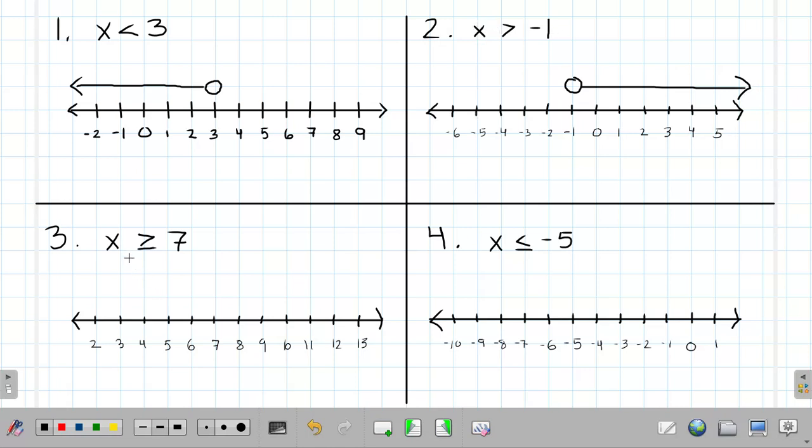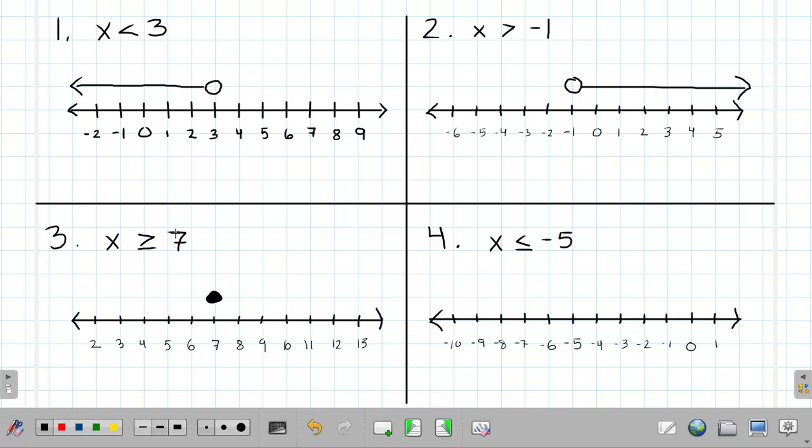Number 3, same kind of thing here. We want x to be bigger than or equal to 7. So once again, we find where we're at. So we're talking about the number 7. So we go to the number 7 on the number line. In this case, we're actually going to use a closed circle. Okay. And once again, why we use a closed circle here is,